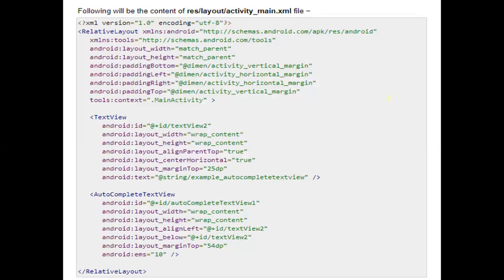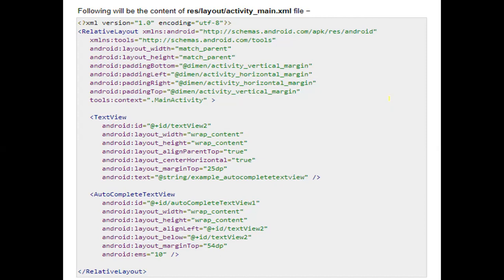Now this is your activity_main.xml file. So let's see how we can add autocomplete text view in your mobile application development. But before that, you have to open your Android Studio. You have to create a new project. After that, select an empty activity and name your project. And then go to the resource folder, then layout.